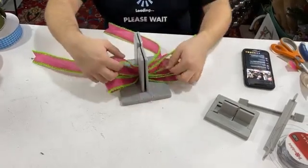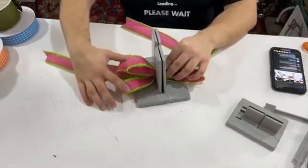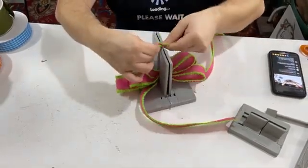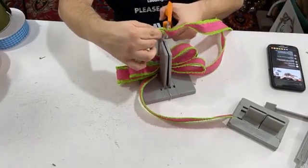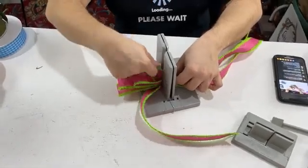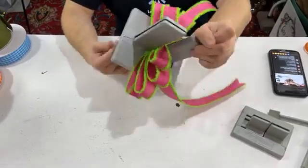So now we came back in with a smaller loop on either side. This one's only about 2 inches or so. See how it's kind of smaller? So we have 2 about 3.5 inches, 1 on either side that's about 2.5 inches. And now what we're going to do is finish it off with what I like to call a button loop in the middle. So we're going to create about an inch, inch and a half loop, dead smack in the middle. So 2 3.5 inch, 1 2.5 inch, and then only 1 for both sides of the 1.5 inch. Now we can take our wire, bring it from one side to the other,